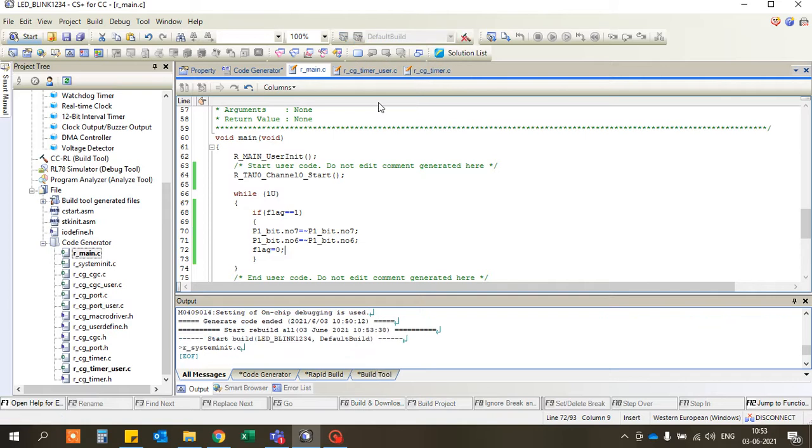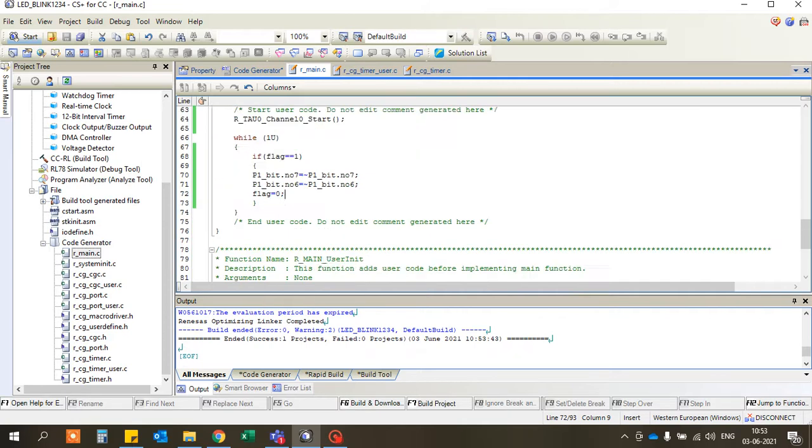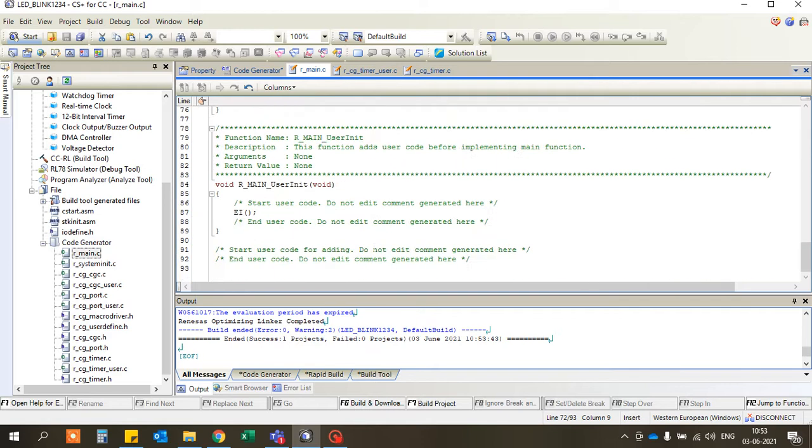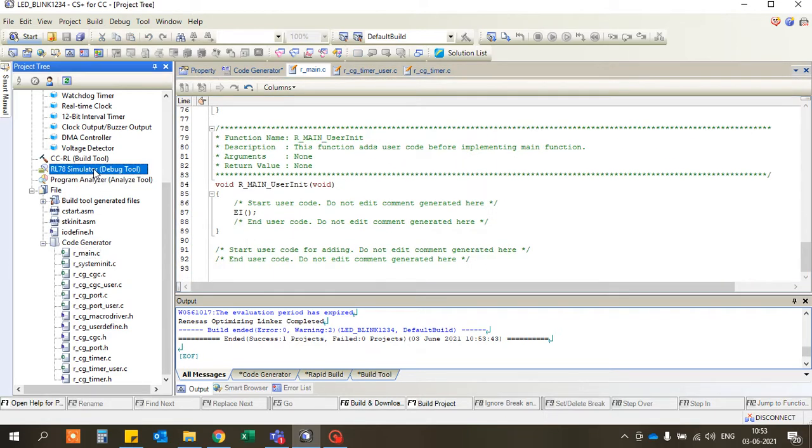Then build this project. Now your project is built. Errors are 0, warnings are 0. Now you have to check whether your project is working or not. The RL78 simulator is selected.